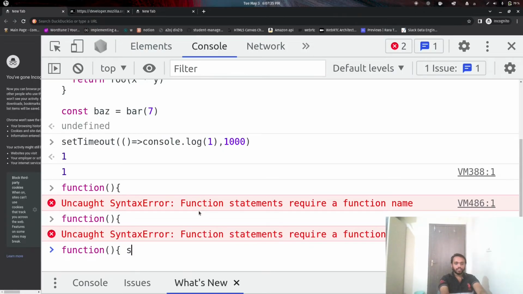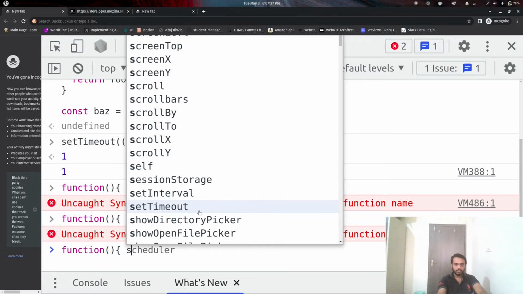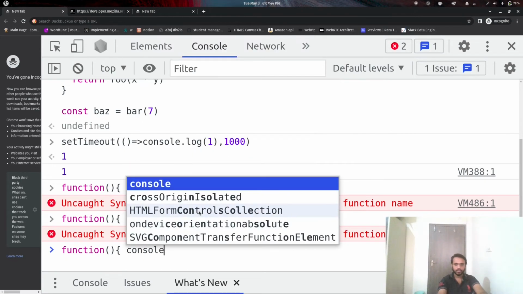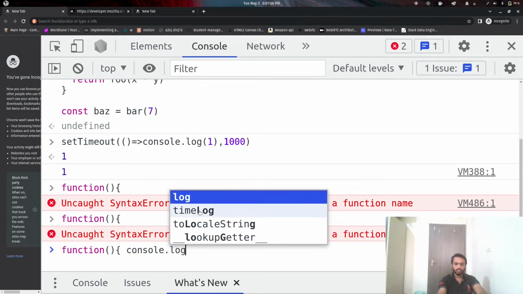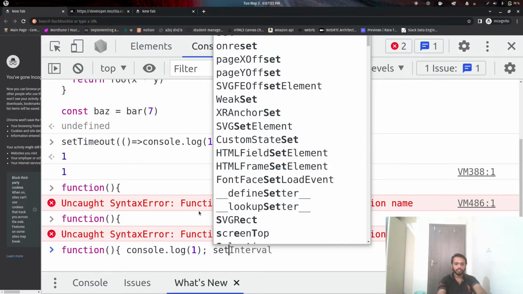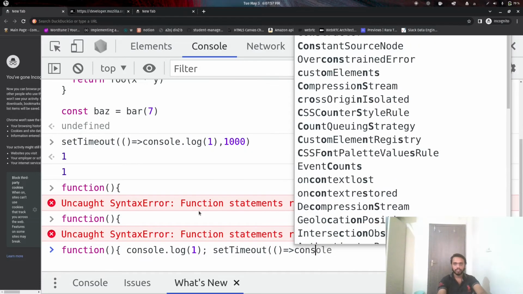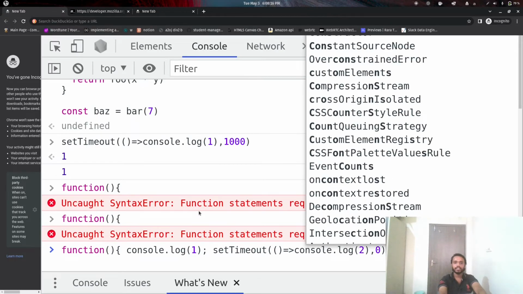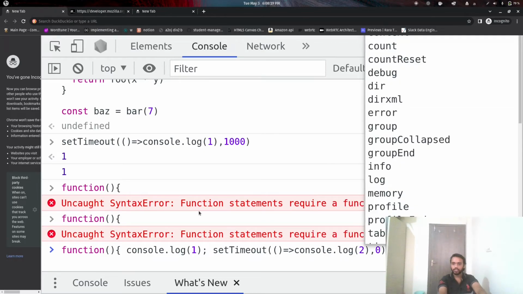So if I have a function that does console.log 1, then a setTimeout that logs 2, and I am not waiting any seconds, I am just giving it 0 seconds, it seems like it should run right after the first console.log, but it is not like that.